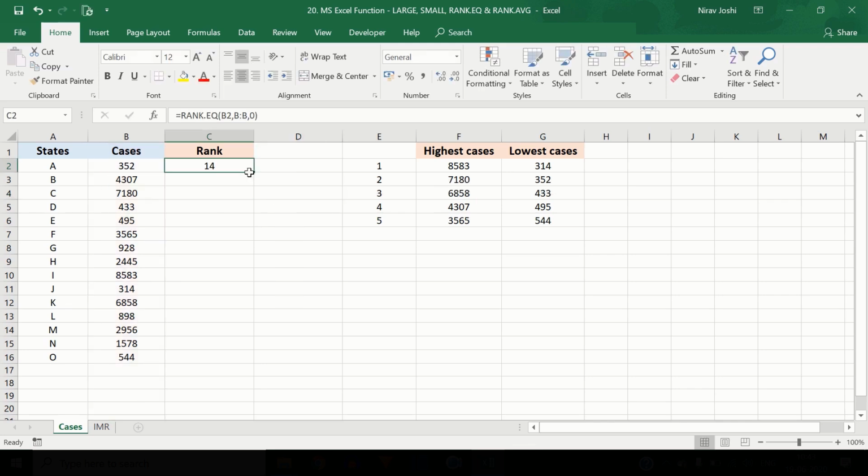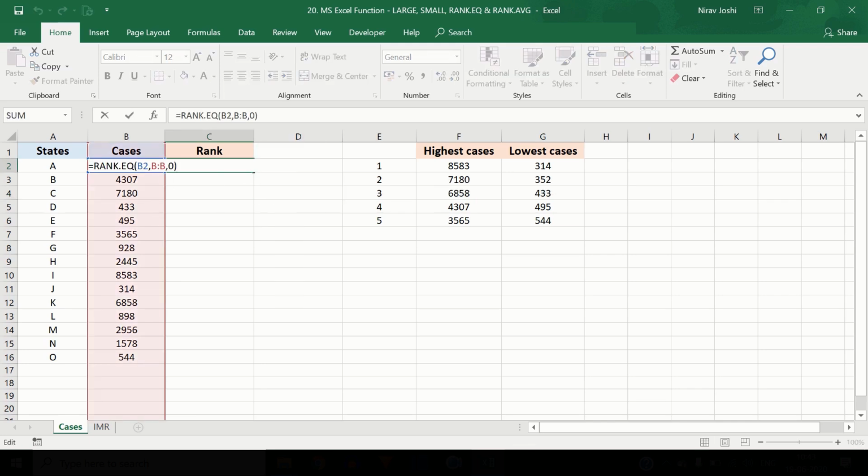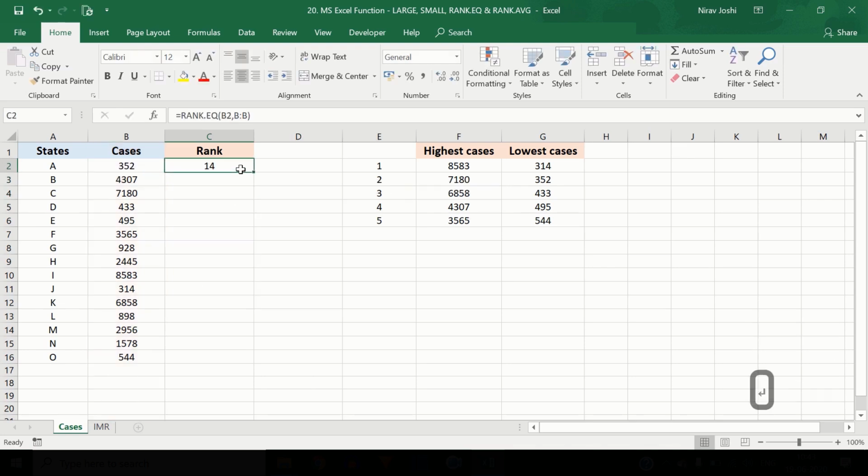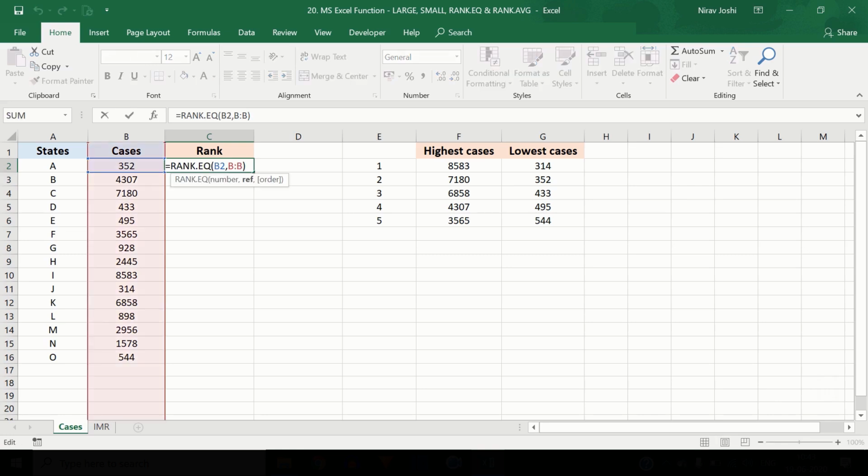Alternatively, if you do not select or give any input here, by default it will take descending as an input. That's why it's an optional input here, as has been marked with this square bracket.